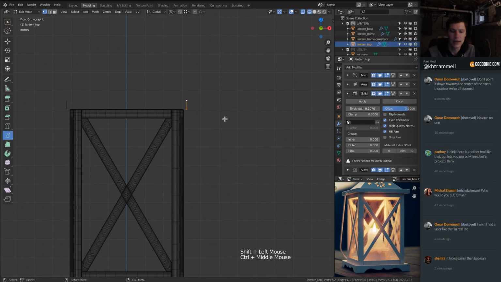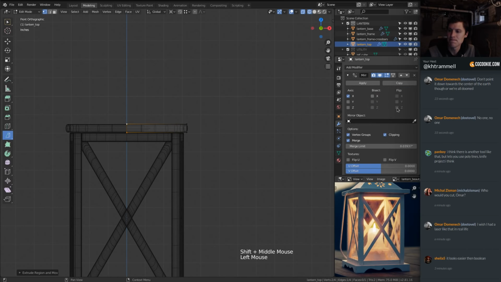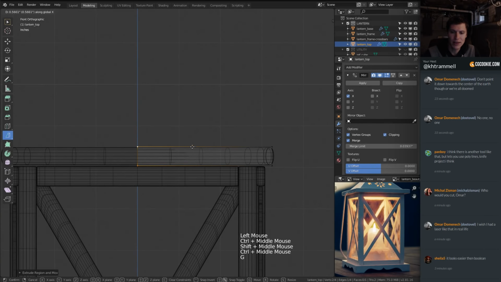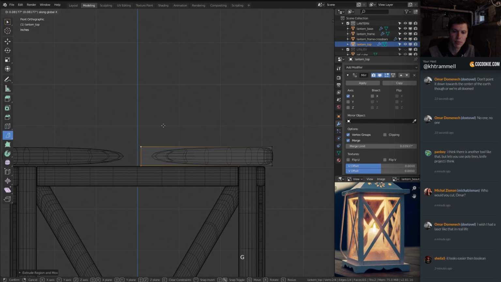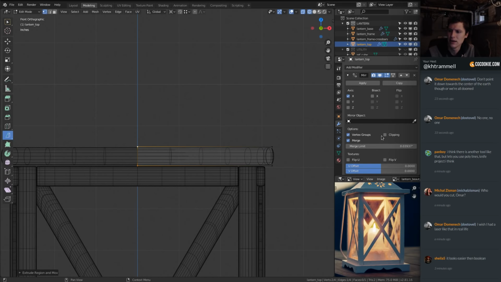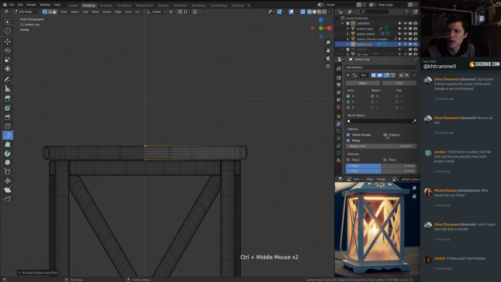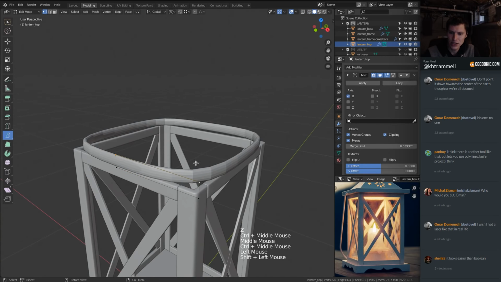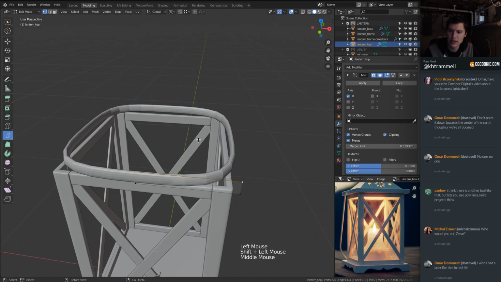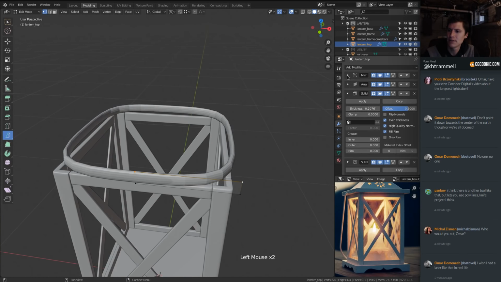And then E to extrude left till we reach that clipping value. By the way, when you see that snap to the center and not go past the center, that's because of the clipping value. If you turn that off, you can go past the horizon of symmetry, which usually causes more problems than it solves. So I will enable clipping. There we go. We've got the edge, the kind of rim of this shape, but let's turn off subsurface because